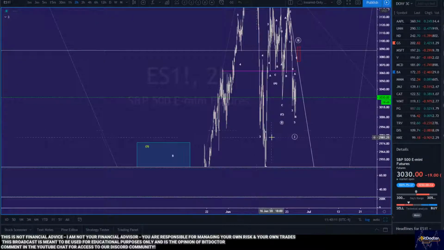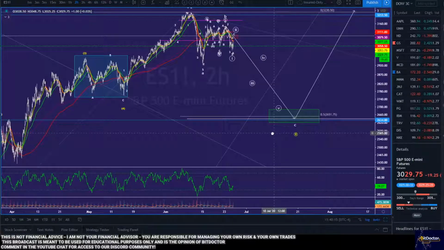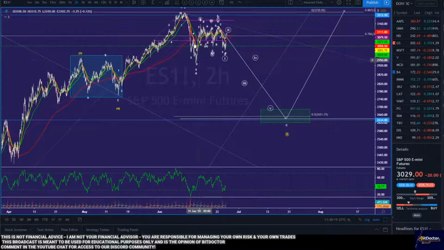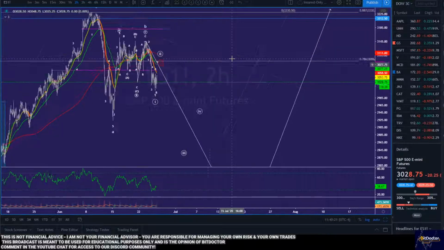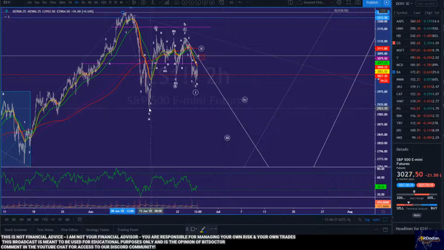Let me go back to a 2-hour time frame and talk about where I'm thinking that we possibly end. So I released this to Insured a while back, where we're kind of chopping right now, which is okay. If this is an A, B, then we're looking for a C. If this is a larger 1, 2, then we're seriously going to be going much lower. Now, I'm not a super bearish person on the stock market right now, but